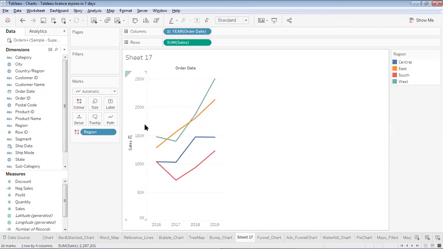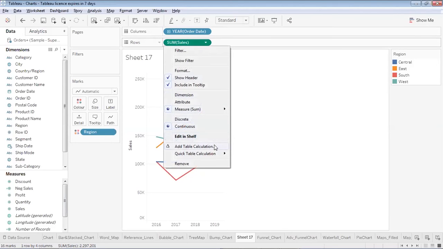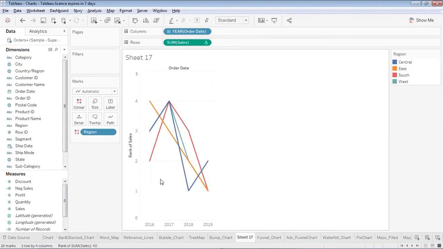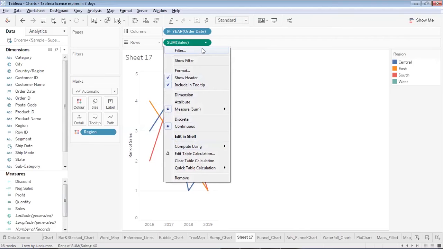I would like to see the sales based on the ranks. That is, the region with the highest sales should be on rank 1, and the region with the lowest sales should be on the last rank. So for that, I'll go into the sales, click on the drop down over there, go to quick table calculations and select rank over here. So you see something like a weird figure like this appears. Now again, I'll go on the sum of sales. Now you'll see a triangular figure over here under the sum of sales pill. It says that this pill is calculated based on rank. So now I'll click on the drop down of sum of sales, go to compute using, and then I'll say compute the rank using the region.